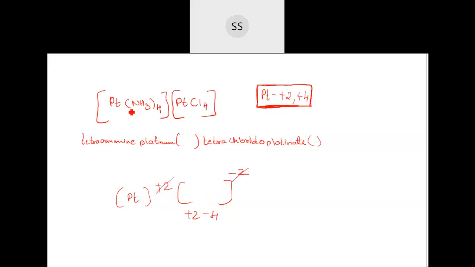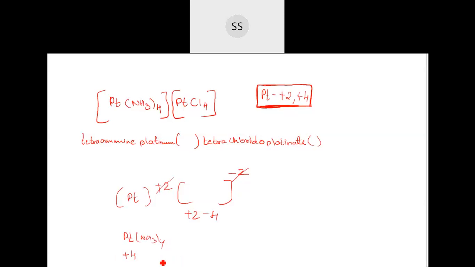If you put 4, what will happen here is, see this platinum with NH3, if you put here +4, then the whole complex will carry +4 charge. What about the next one, platinum Cl4? If you put +4 here, this will be -4. Then that whole thing will become 0. Understand why we are doing this. This +4 and -4, the whole complex will carry a 0 charge. Then how are they going to bind with each other? This is not possible. If two complexes are existing together, one is positively charged and one should be negatively charged. So if you put +2, only that will go correctly with this complex.